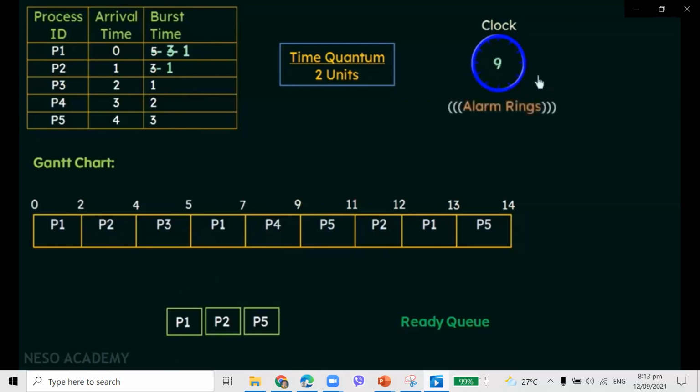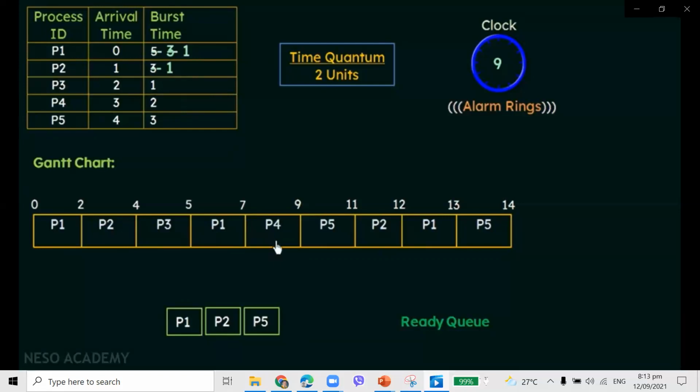So at the next unit of time, that is at the 9th unit, the alarm rings again. Why? Because the CPU was used from 7 to 9 units, that is 2 units here. So the time quantum is complete and the alarm rings, and the process that was using the CPU, that is P4, has to be preempted. So if you see here, the burst time of P4 is also 2 units of time. So even if it is not preempted, it was going to release the CPU anyway after 2 units of time. So P4 has completed its execution and P4 will release the CPU now,